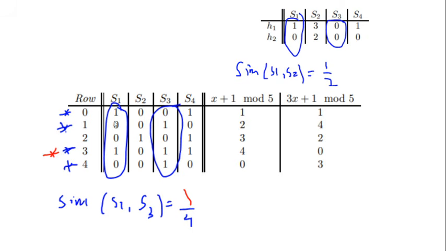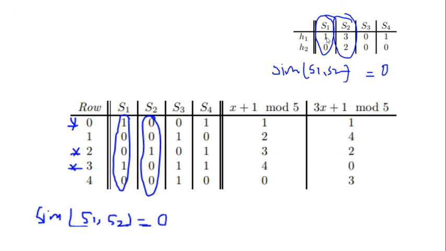Again, we can see for another example, S1 and S3, it's actually 1 by 4 because the Jaccard similarity is 1 by 4, meaning that there's one element that comes in both of them, and four that come in either one. And then if we use this min hash signature that we created, we can see that only one value agrees, right? H2 values agree, but H1s don't agree, meaning that the similarity is 1 by 2, and this is 0.5 and this is 0.25. Still, they're really, really near.